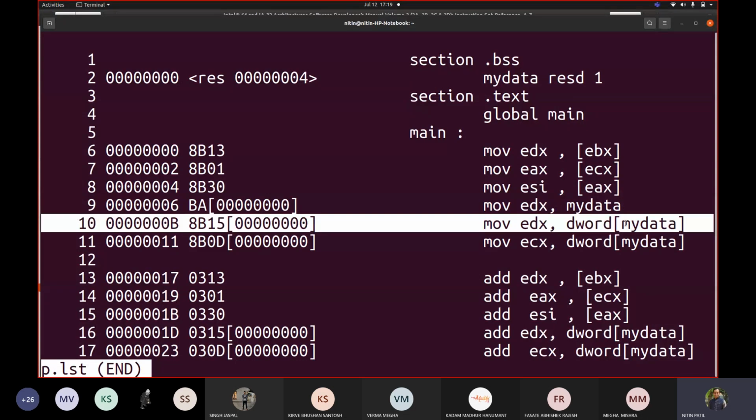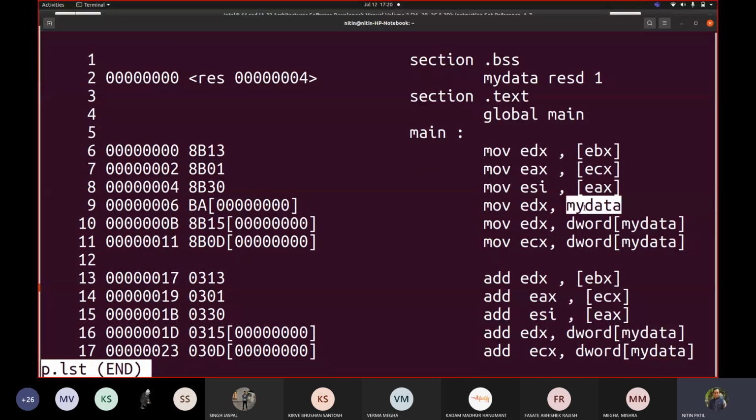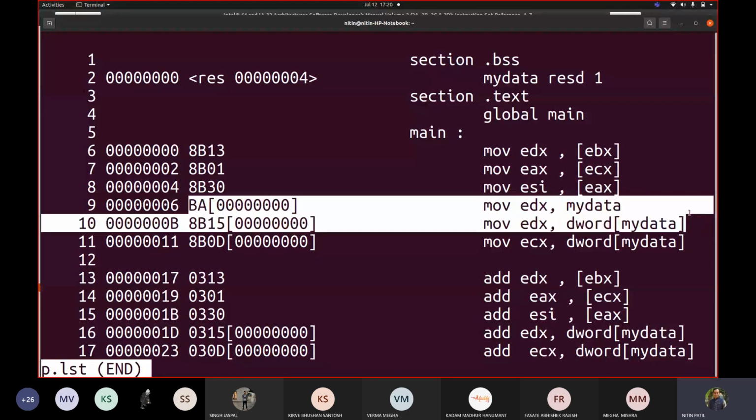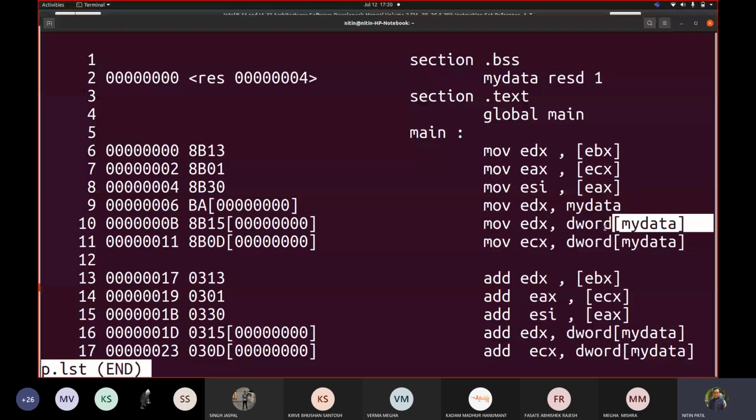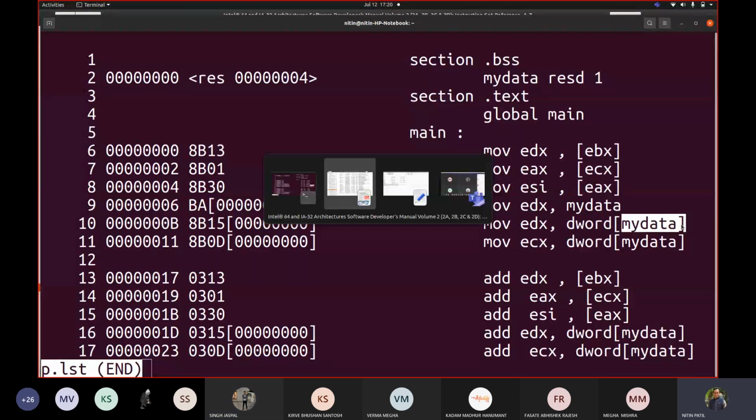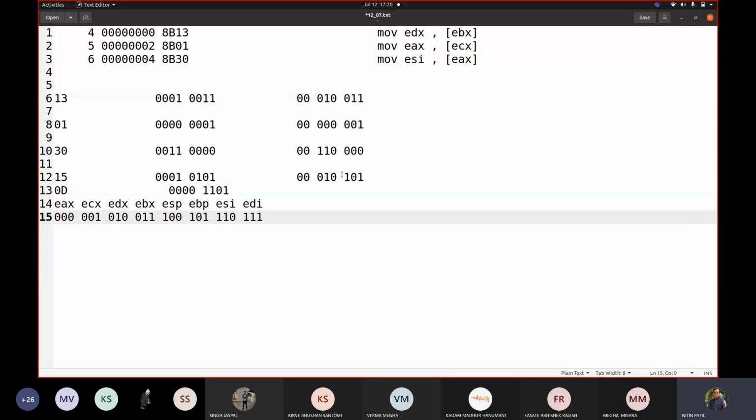So why is it indirect? You have to go to my data, pick the value, and then move it there. Otherwise, what is the case here? What is the address of my data? What is the value my data is at? You store that with EDX. That's why this became immediate, and this became RM32. Understood? That's why the opcode remains the same. This my data would be treated as register memory 32, and that's why we could see that this 101 was kept common, and 101 was meant for EBP.